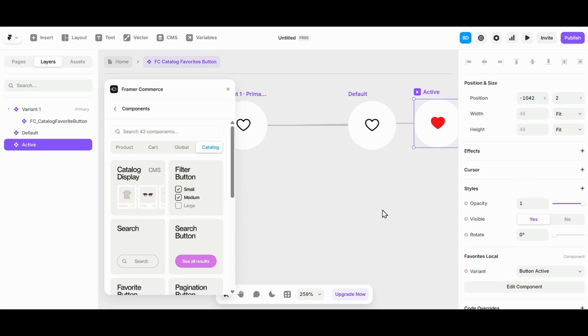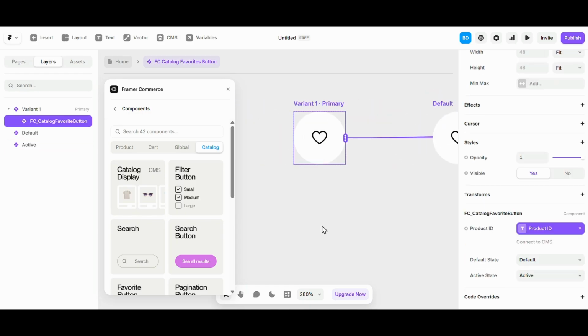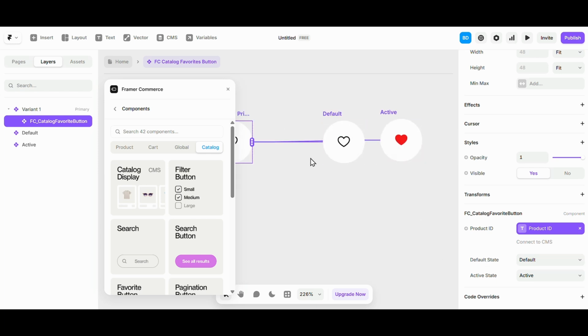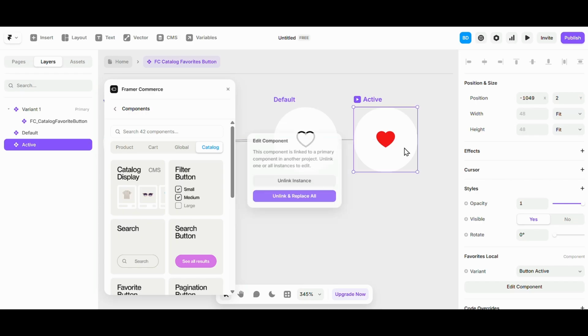So this works on the URL base. So it catches the URL and the browser, I think. So you can edit these if you want. These are just normal components, and here you're just selecting which frame, which component to show for which state. For default, we show the default frame. For active, we show the active. So I'm just gonna